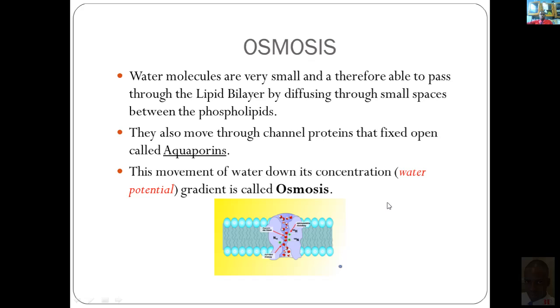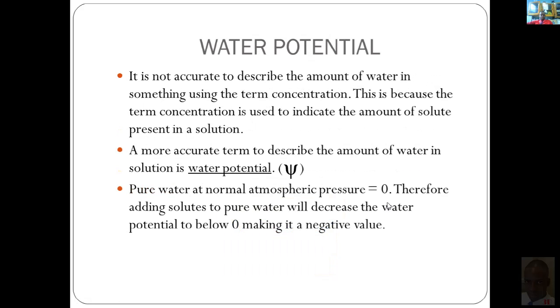So when we're moving from where there's a lot of water molecules to where there's few water molecules, we call that osmosis. It is the net movement of water down its concentration gradient. Now when we talk about concentration, we are actually referring to solutes, and because there are no solutes when we're talking about pure water molecules, we have to start using the term water potential now. So it is not accurate to describe the amount of water present in a substance